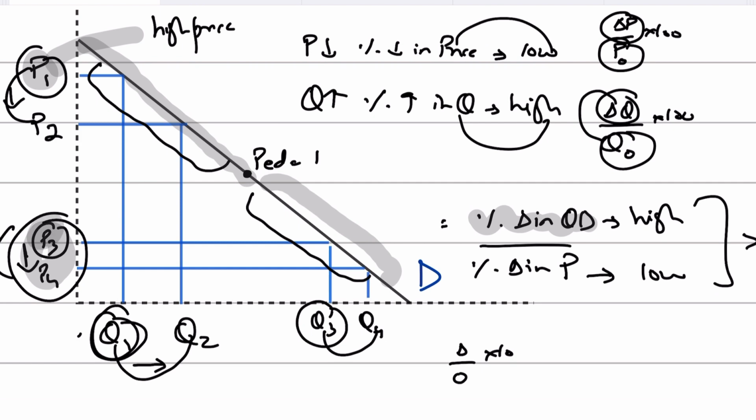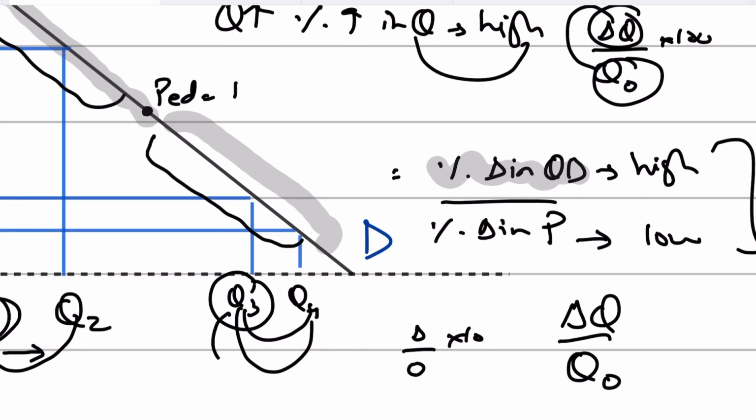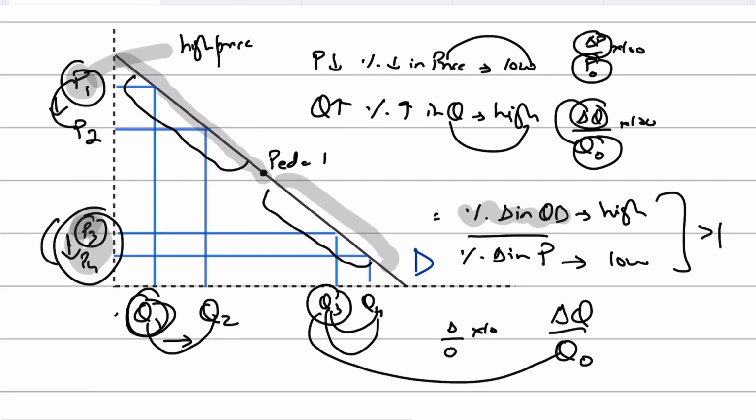So just a quick brief recap: the price P3 is a low price while the quantity Q3 is a high quantity, right, relative to all the other possible prices and quantities. So since P3 is quite low while Q3 is quite high, applying the same arithmetic logic of percentage changes, since our quantity Q3 is quite high, we see a rise in quantity from Q3 to Q4. That percentage increase will be a smaller value, because the percentage increase is the change in quantity divided by the original quantity. And since the original quantity Q3 is quite high, the denominator is quite high,